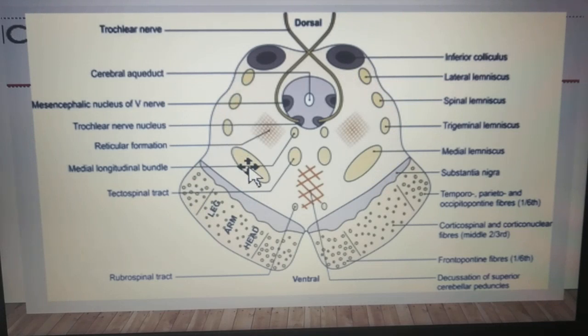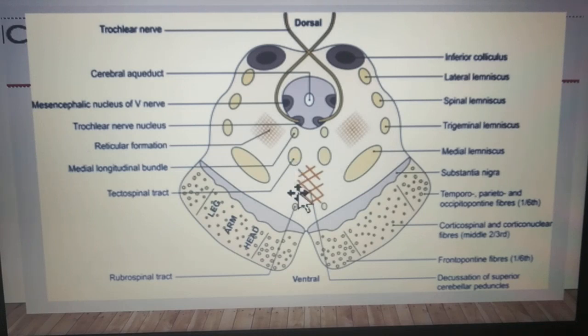There are other fibers also located near the midline or middle of the tegmentum: the medial longitudinal bundle, which lies ventral to the trochlear nucleus, and ventral to the medial longitudinal bundle lies the tectospinal tract. The tectospinal tract, as the name says, runs from the tectum of the midbrain to the spinal cord. It is concerned with the coordination of movement of the head and neck.